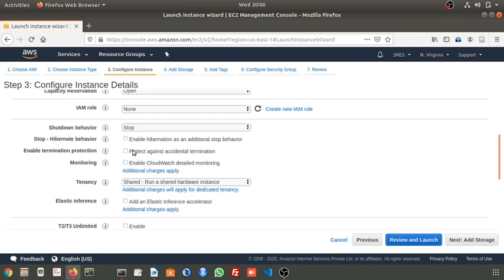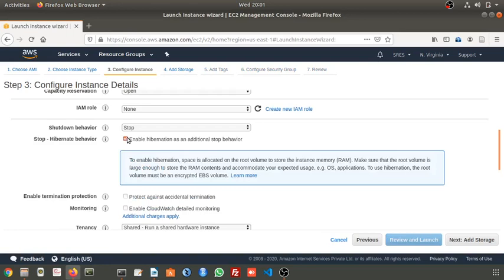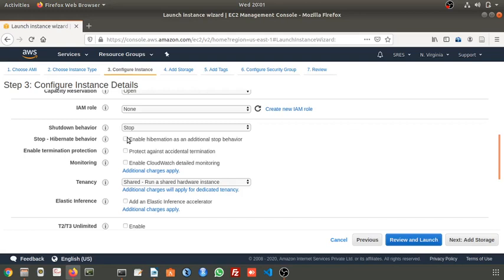Some more options are there. If you select hibernate, the hibernate behavior will be applied. Here all are not free, so depending on the option that you have chosen, the bill will be generated.